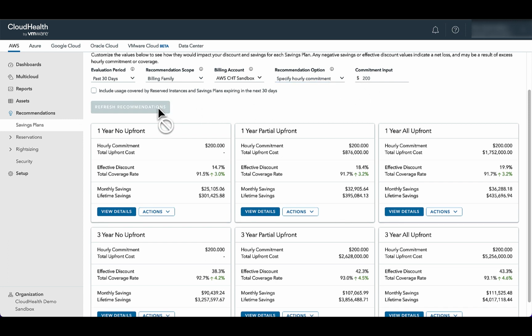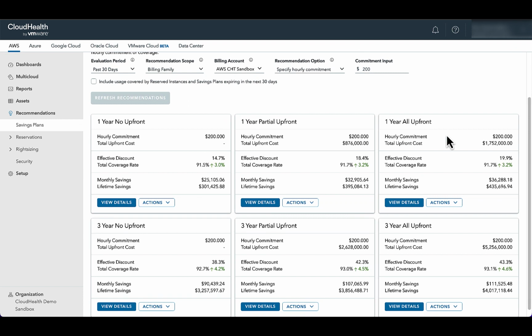And then if you refresh recommendations, now these updated recommendations will give you these options. And under the 1 year all upfront plan, we see that the hourly commitment, as we specified, is $200 with a total upfront cost of $1,700,000, which gives you a total